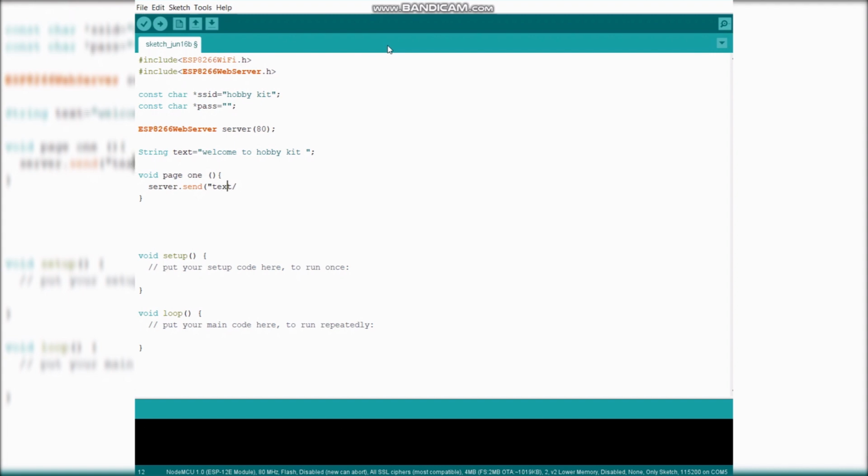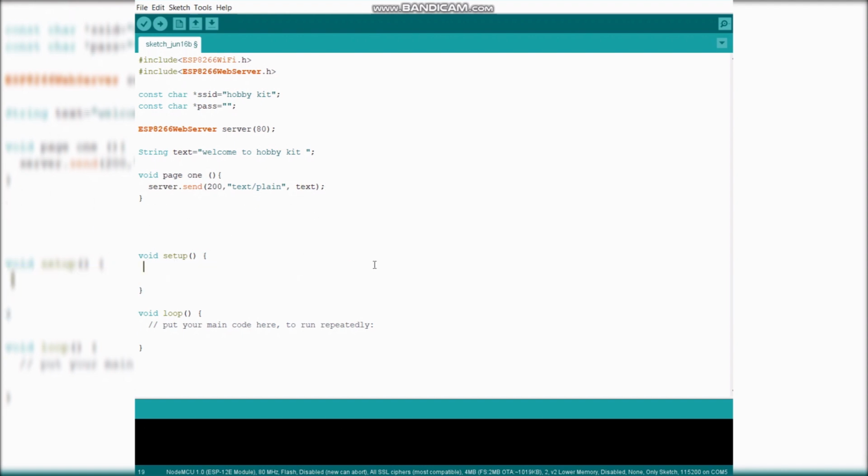So text/plain, and what the text is, is the text of the string, that is text. The string text will be displayed in our home page. Here I will begin with 200. 200 is for successful communication. That's it. And then we'll move to the void setup part.